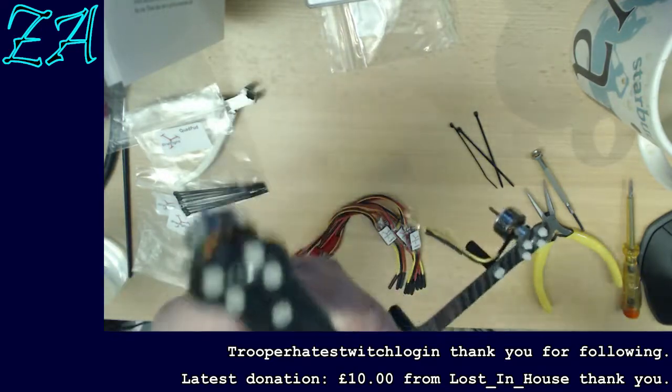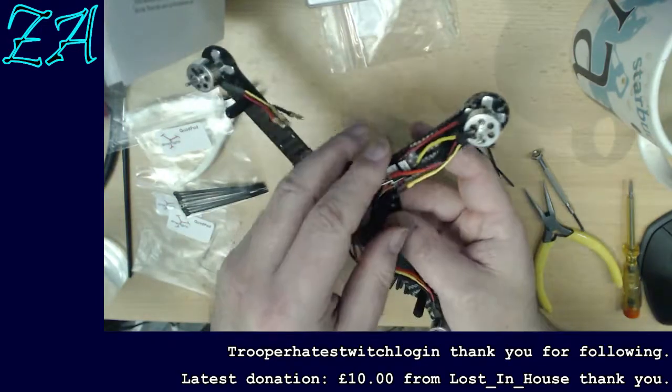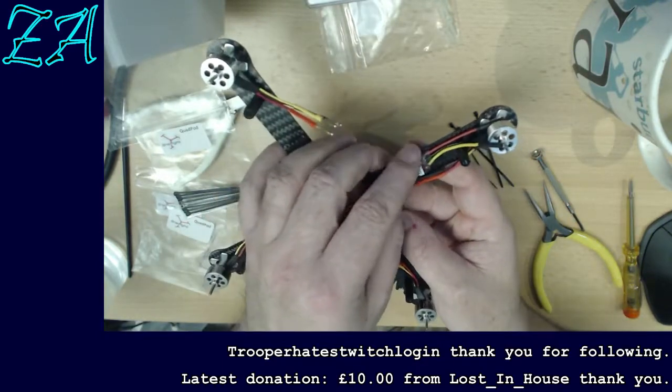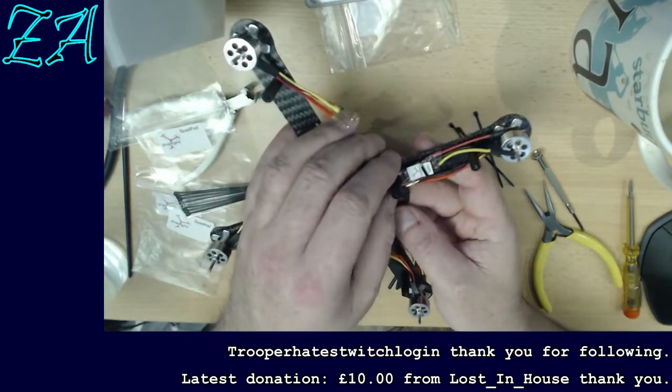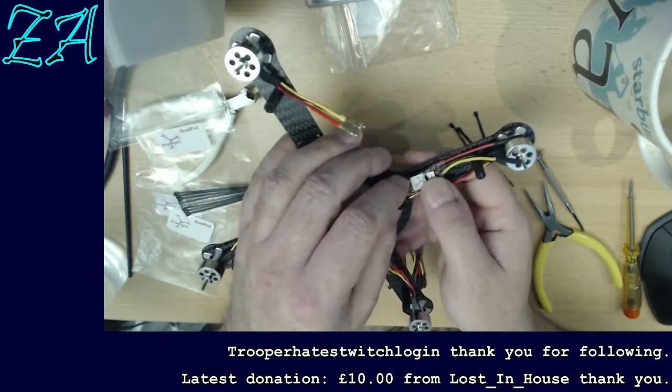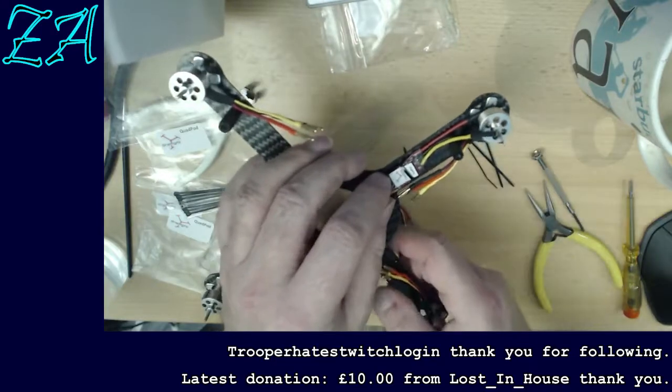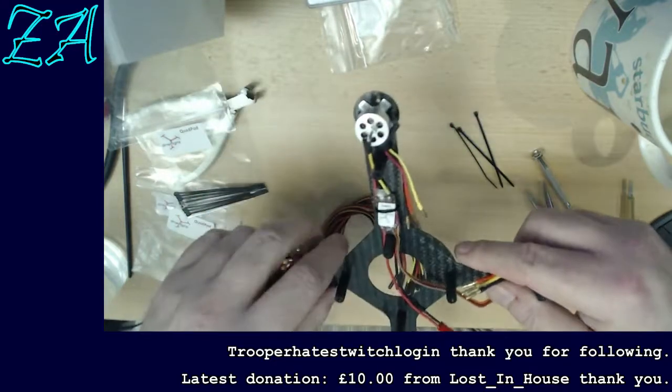The sound will be back now, guys. My wife was just explaining she's just seen a hedgehog in the back garden which looked like it was building, she described it as a nest. So she was just telling me all about that. So sorry the sound went off, but